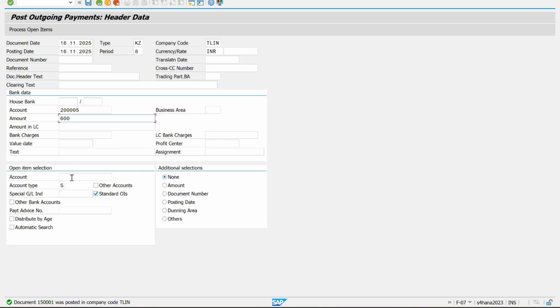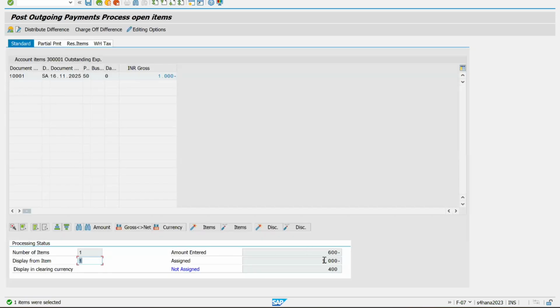Observe this. And this outstanding. This is for outgoing payment. Enter. Now you can see, see, this is not balanced. See, to make the part payment, you will have